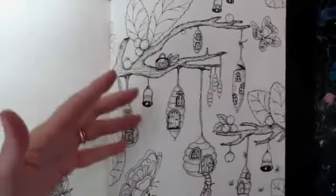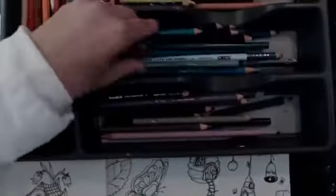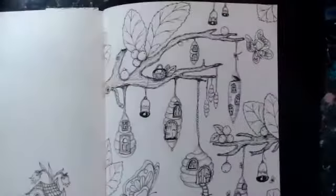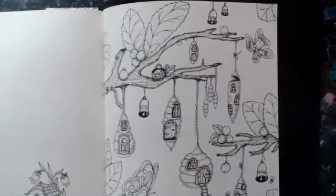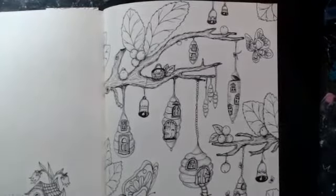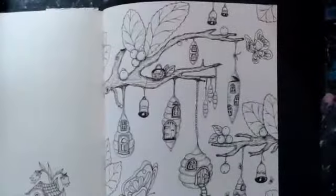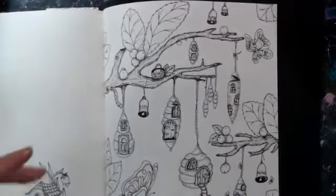But as I'm using a lot of the same colors a lot, I throw them in here into a silverware tray, like my oranges and browns, yellows and cream colors. Here's my blues and greens, purples, and then just some random colors that I use a lot because I use my pencils every day. And as I'm using them, when they start getting full of colors that I use all the time, then I go back and put these back in the bundles and kind of start over again. All right, so I think